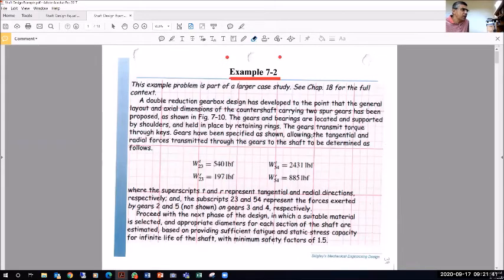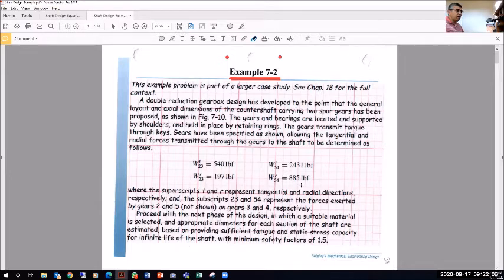Right. So this example is, by the way, also out of your textbook. The reason I like it and I kept it, and I really want to show you a few things here, is that it's a little bit more involved even than homework 4 that you have to complete this week. It is a part of a larger study that extends into chapter 18, but I don't want you to worry